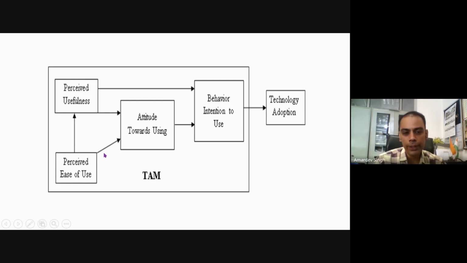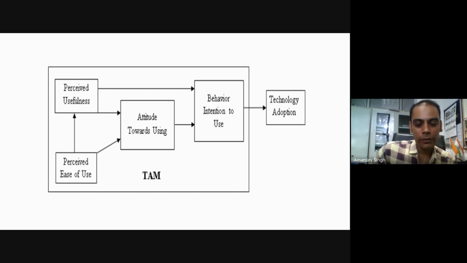So the first one is perceived ease of use. Ease of use is how easy it is to use a particular technology. And usefulness means how useful that technology is. Let us consider that you know how to drive a motorcycle and you know how to ride a cycle. Ease of use is equivalent for riding a bike and riding a cycle. But let us say I am overweight, obese, and my doctor says it is good if you do cycling, but I do not